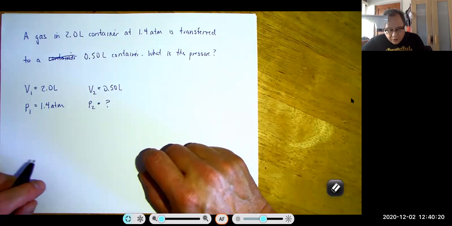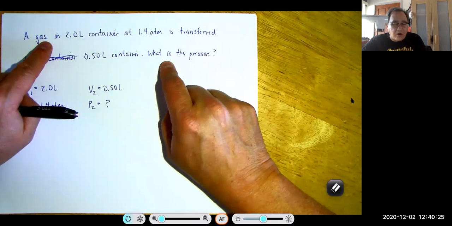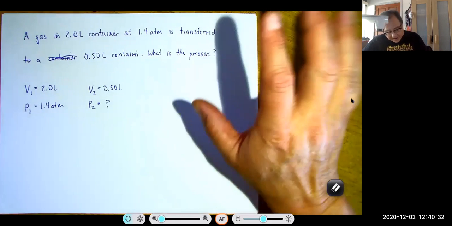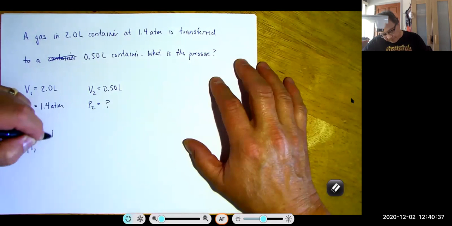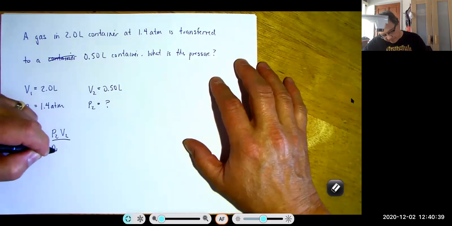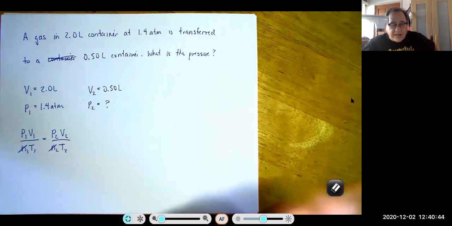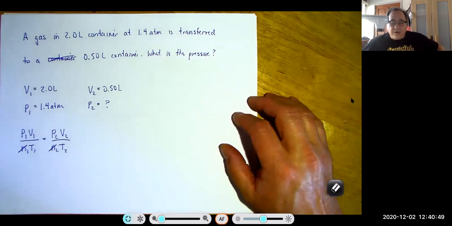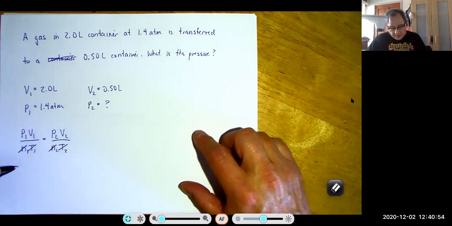Now, when we transfer the gas from this container into this container, how much of it do we transfer? All of it, part of it, or half of it? All of it. So what does that mean about the moles of gas? They do not change. So since they're transferring all of the gas, I can get the moles out of the equation. They don't say anything about the temperature. So what am I going to assume? I'm going to assume that the temperature does not change. So I'm going to use this law,